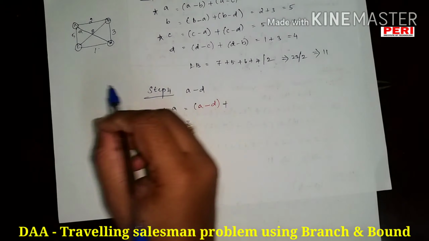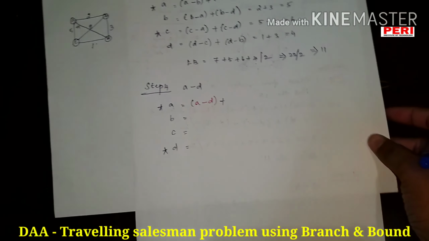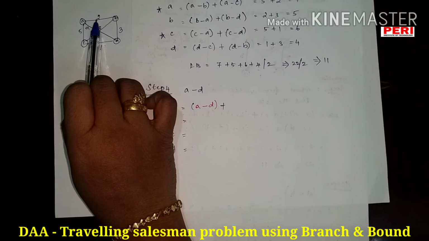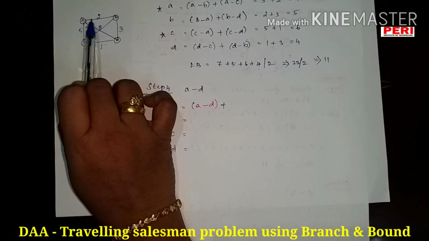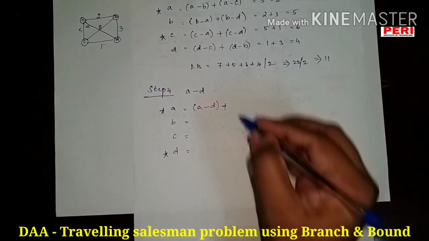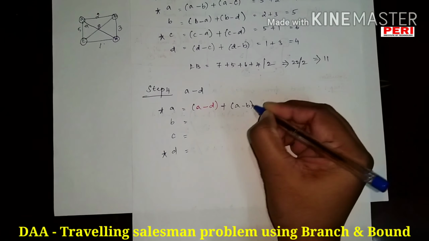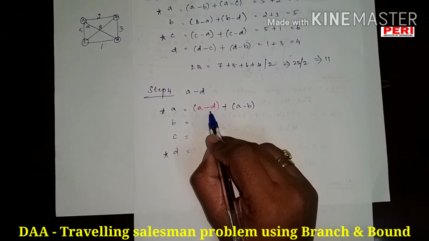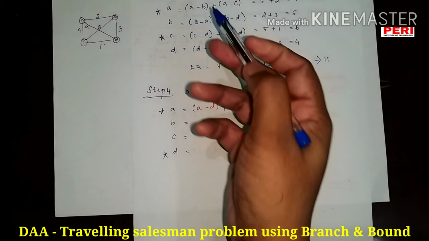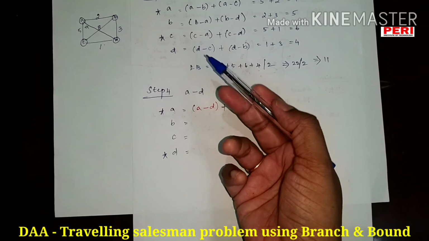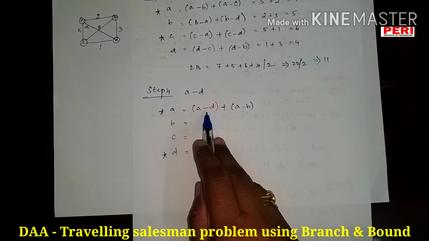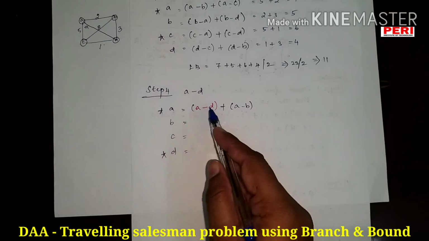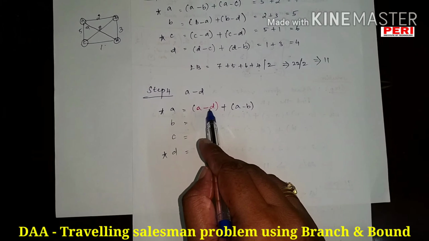So the next one can be the minimum, which means the least among these 3. So the least among these is 2, right? A to B is least. 5 versus 2, 2 is smaller. Therefore I am going to choose A to B. One is the least edge and the other one is the edge that is given. In the previous steps, for the second step and third step, you didn't do this process. Why? Because it was actually a least value, but here it wasn't a least value, but still you have to add it. Why? Because it is one of the edges.